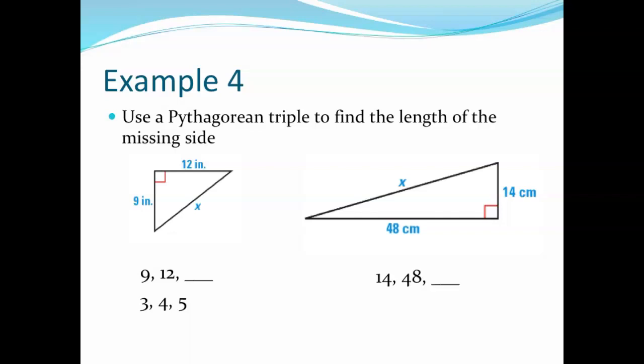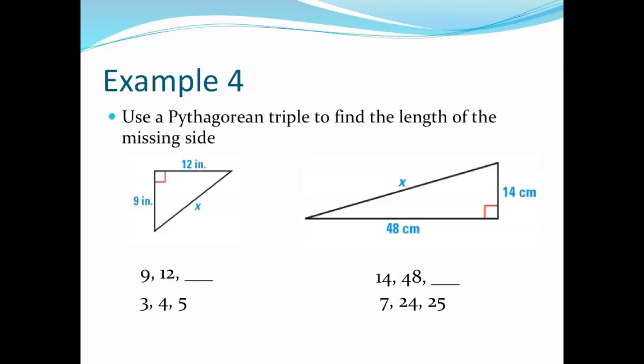Next we have 14 and 48 as our legs, and we're trying to determine what the hypotenuse is. So in this case, we're trying to see, okay, 14 and 48, we know those themselves are not part of a Pythagorean triple, but they could be a multiple of a Pythagorean triple. Well, 14 is 7 times 2, and 48 is 24 times 2, which means we can use the 7, 24, 25 triangle,